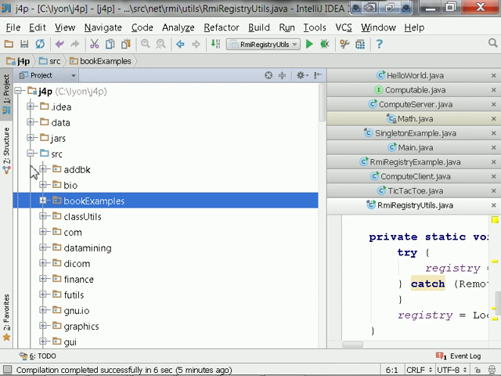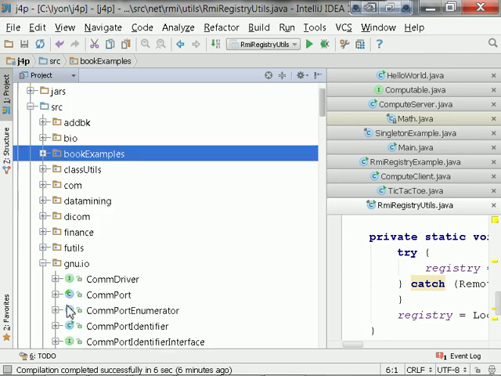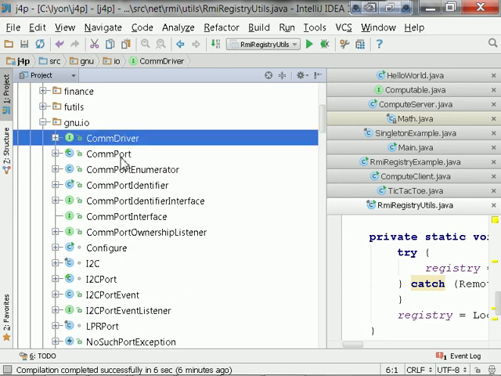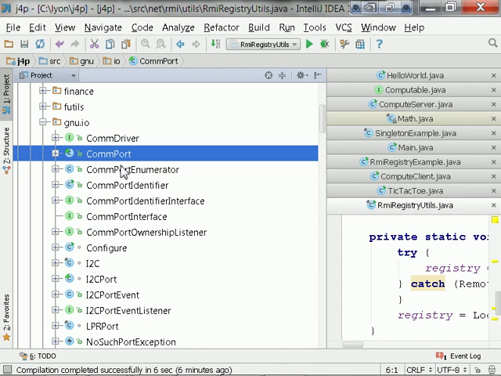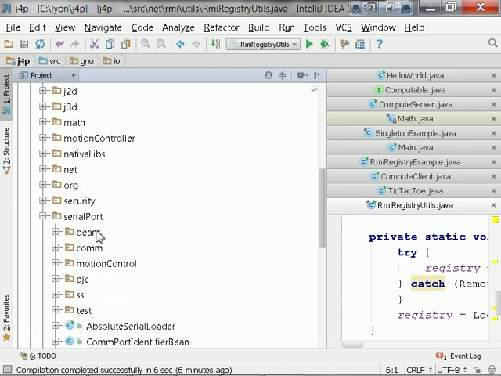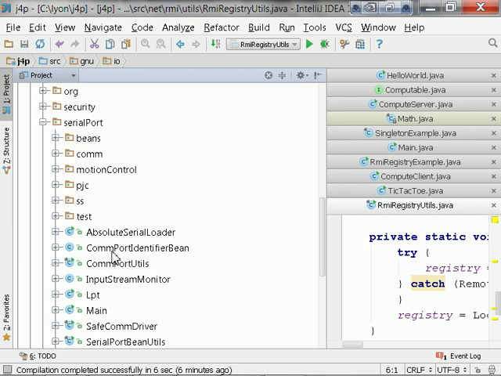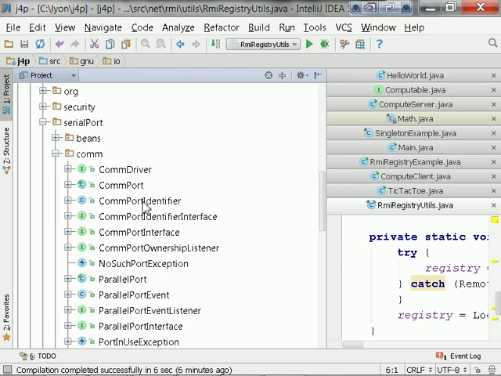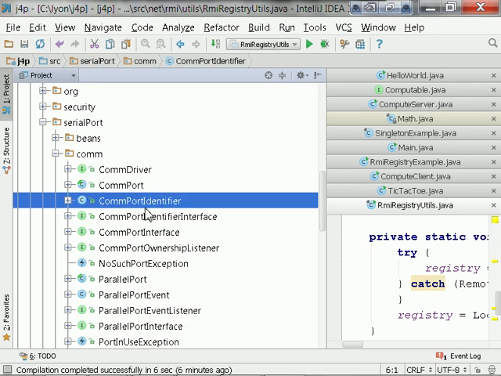Their GNU implementation is in the gnu.io package, and they give you all of the COM port drivers and interfaces and identifiers so that you can proceed to open up communications to a COM port from within Java. I myself have been contributing to the serial port package regularly, and have created my own mechanism for communicating to